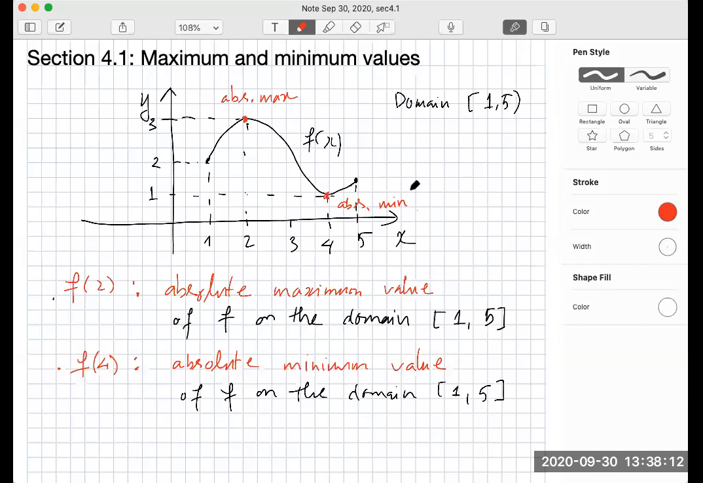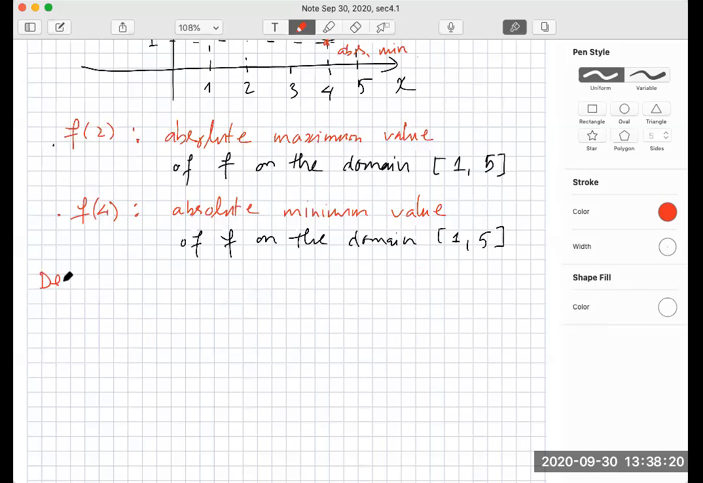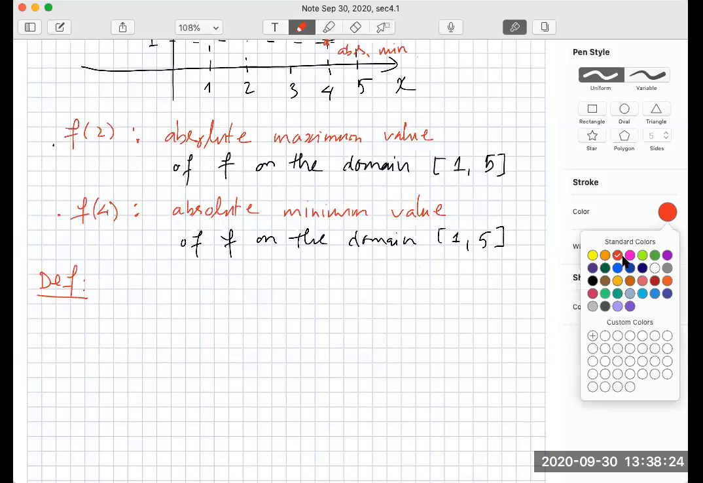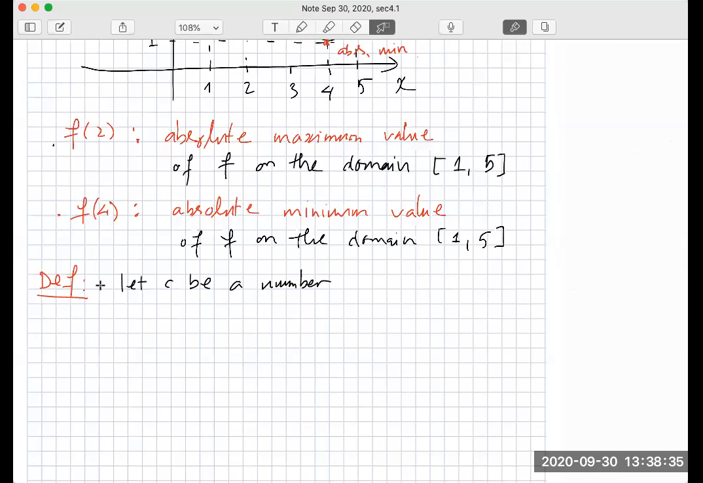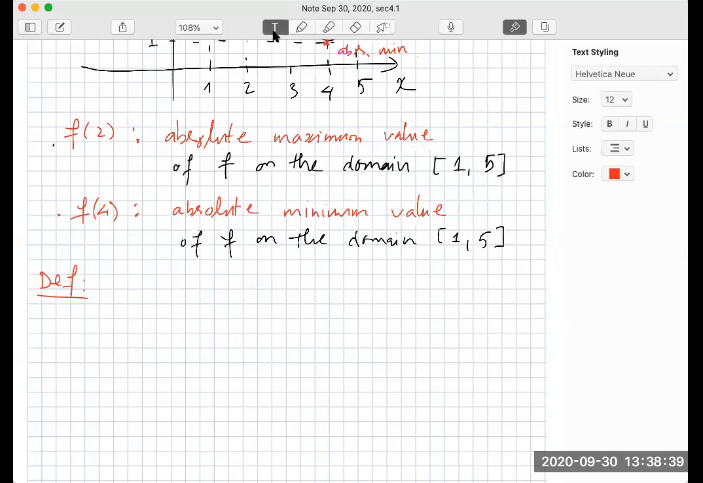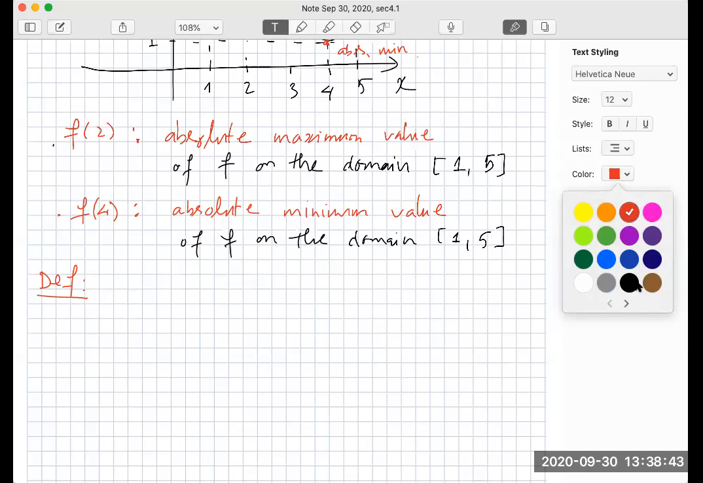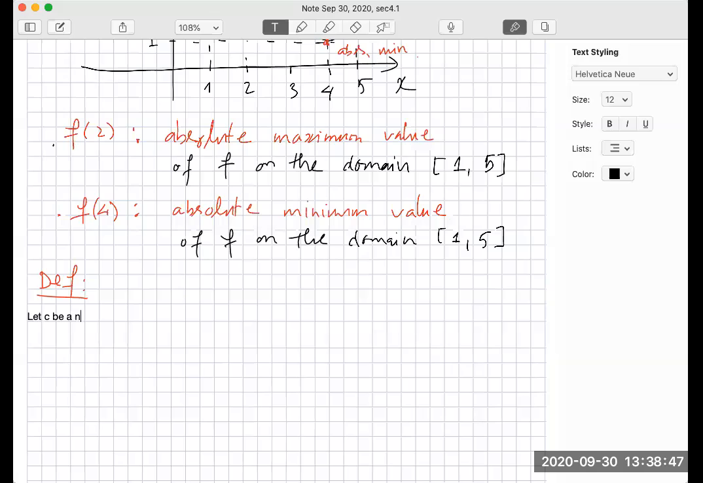Okay, very good. So let us define something. First, let C be a number in the domain D of a function f, and we call f(C)